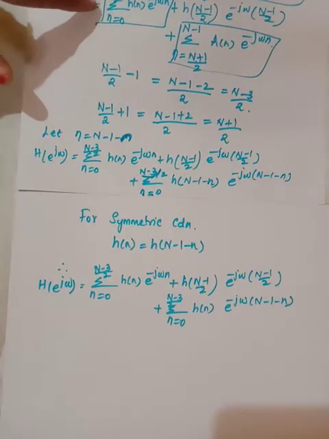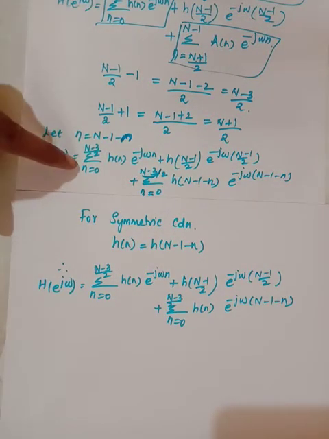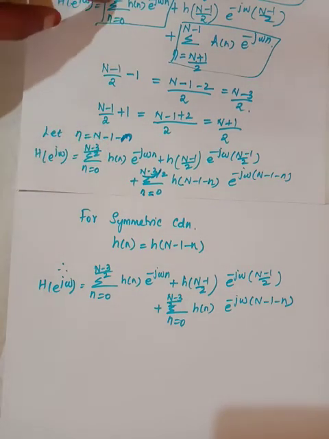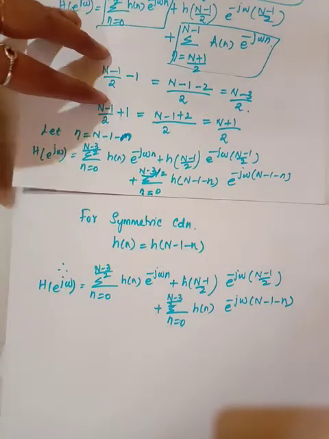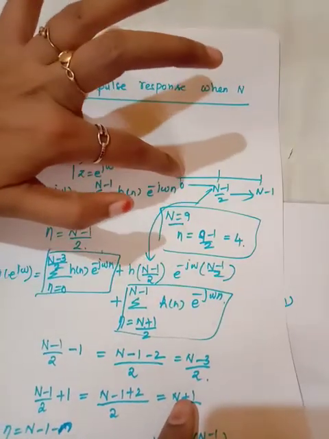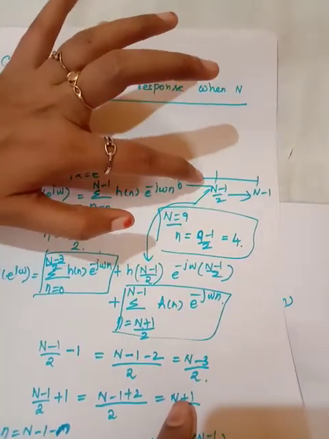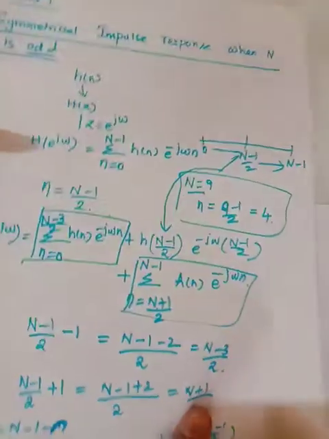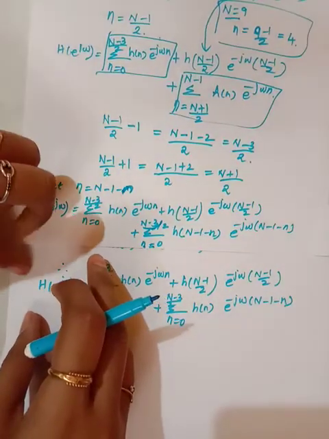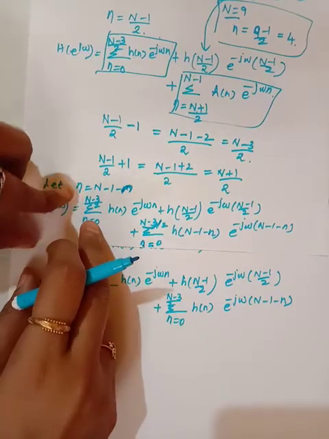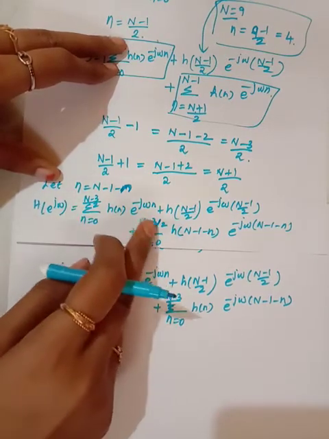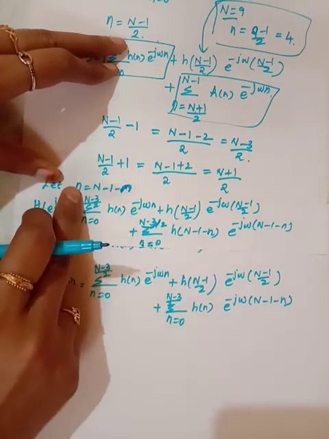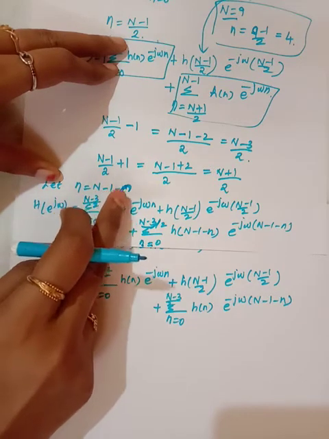Now I have expanded this, I have rewritten this equation. The reason I am converting this equation into this form is that it is enough to find only one half of the samples, right? The remaining half we can get using these values, and we incorporate these values for the remaining halves. So for that, what I am going to do is make the summation range similar to that of this. So here I am going to substitute n is equal to 0 to (N minus 3) by 2. For that I am going to use let n is equal to N minus 1 minus n.